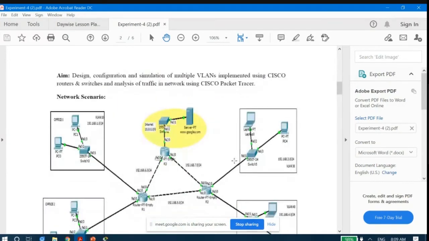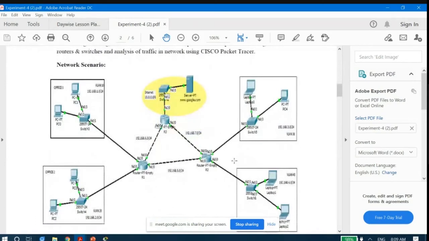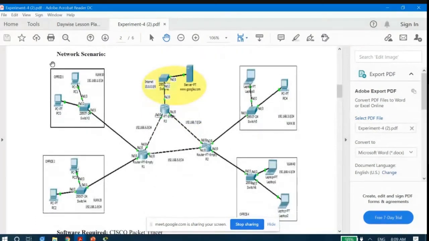So you could see this is the diagram of the network that we have to actually implement. Okay, here you could see there is a local area network which has two computers and a switch. It has been named VLAN 20, and this is basically office 1. Let's say there is a company that has 4 offices. It actually mimics that kind of scenario, and you have to connect those 4 offices to the internet.